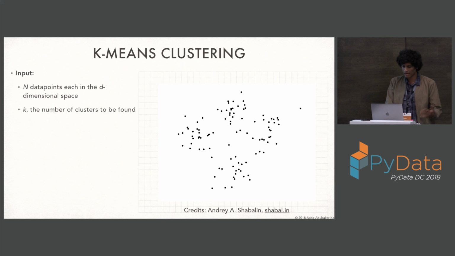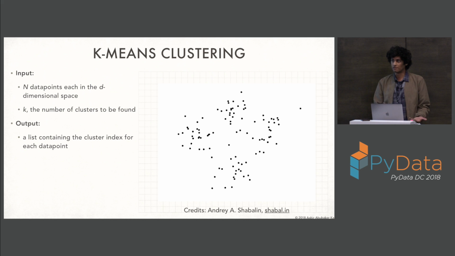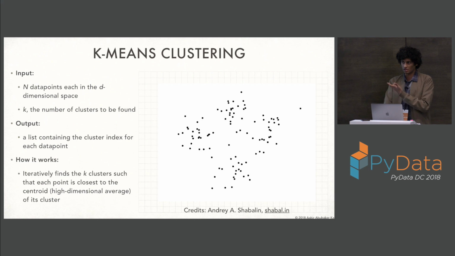So k-means clustering basically takes your whole data set, and you tell it the number of clusters you'd like to identify in it. And it gives you a list saying, OK, each of these data points corresponds to one of the k clusters you asked me to find. It does this, again, based on some notion of similarity. How close are data points within the same cluster to each other? And then it runs an algorithm until convergence. The animation on the right is going to make that a little intuitively clear to you.